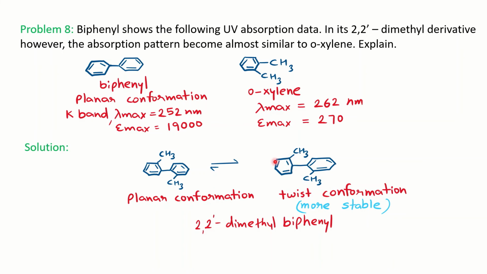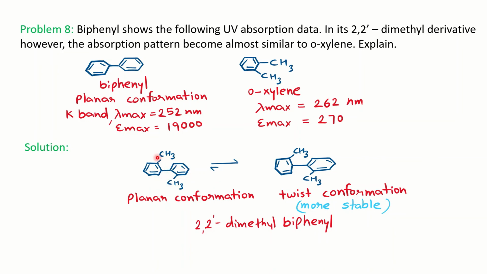What do you mean by that? One ring is in a plane, the other ring is non-planar. So one is vertical and the other is horizontal. In that case, the steric crowding won't be there, and there won't be any interaction between the two methyl groups. So basically, if the two rings are not in the same plane, the structure becomes more stable if it is substituted. In this case, the planarity is lost as compared to this structure, and this one is not existing.